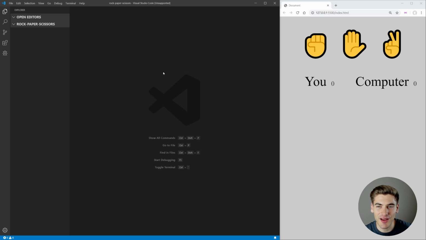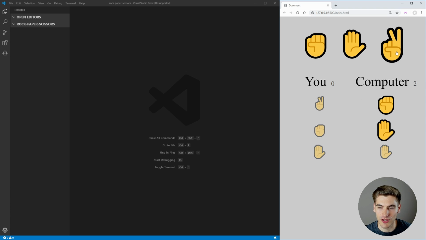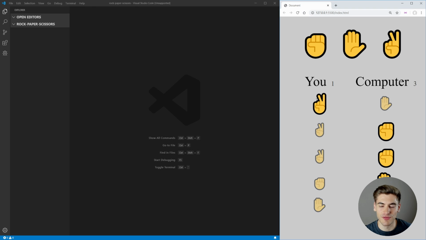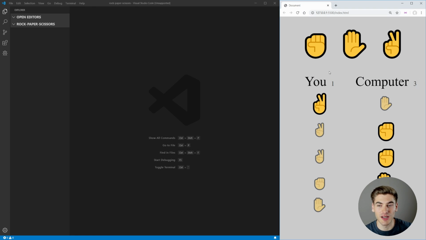Now to get started, I have the working version of our rock, paper, scissors game on the right. And as you can see, if I choose paper, for example, you can see that it's a draw. If I choose rock, you can see that the computer won. Let's try scissors a couple times, and then you can see eventually we have won. Our score is being tallied up here, so you can see the computer has won 3 times, I've won once. So there's quite a lot of logic going into this, and I'm going to show you exactly how to build